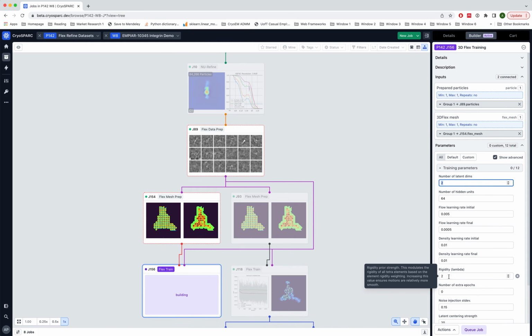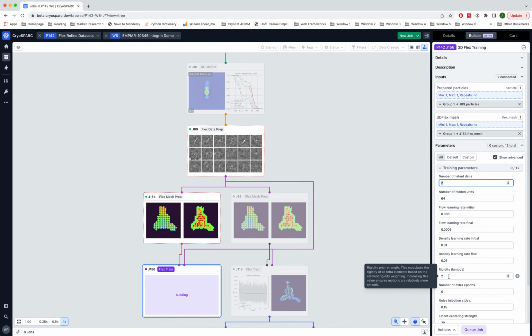So the rigidity strength is very important. We have also spent quite a while getting the technique to work across different data sets within a reasonable range of rigidity values. So you might find that values between maybe 0.5 or 0.1 all the way up to 10 or 20 are reasonable values. But outside of that range, probably for most data sets, will be unreasonable. We start with a value of 2, and that generally works, but typically what you'll have to do is train